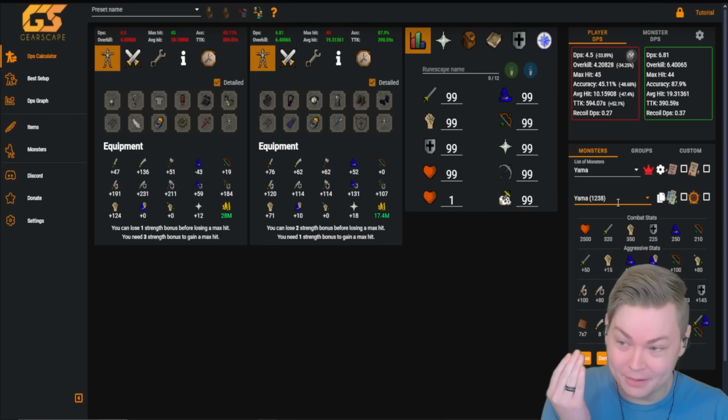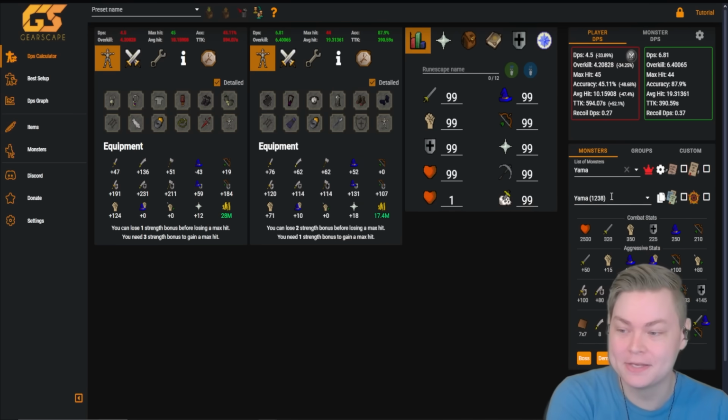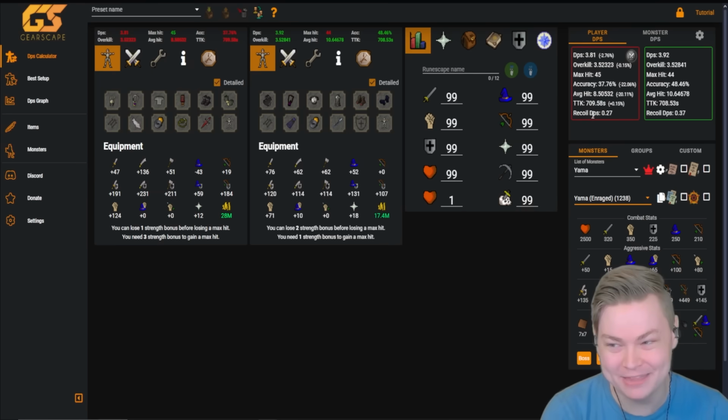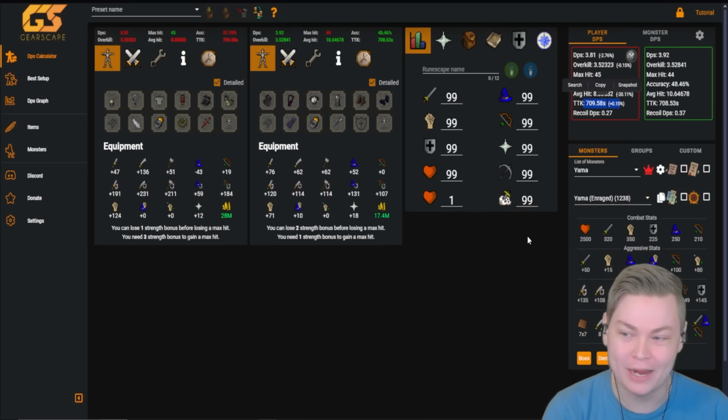Our time to kill Yama is 600 seconds. That doesn't include his stat increase in rage, so we're looking at a lot of minutes. I'm thinking roughly 13 minutes. We'll see how close I am, because I also have to kill Void Flares. You can see our accuracy is